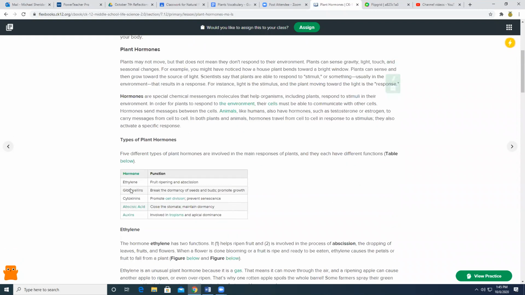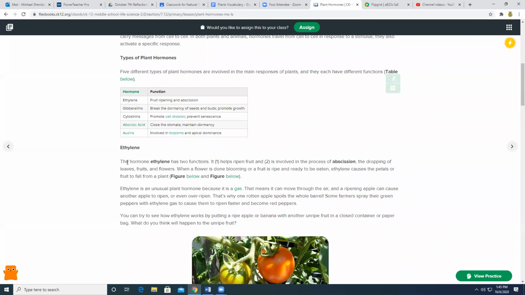There's a few really good examples down here. And I told you that you didn't need to actually define these, which is fine, but I want to go through a couple of these because they're really important and actually they're really cool. So this is ethylene. This is the first one. Basically, it's what turns fruit different colors. So you've got green tomatoes that turn into red tomatoes on the vine, right?